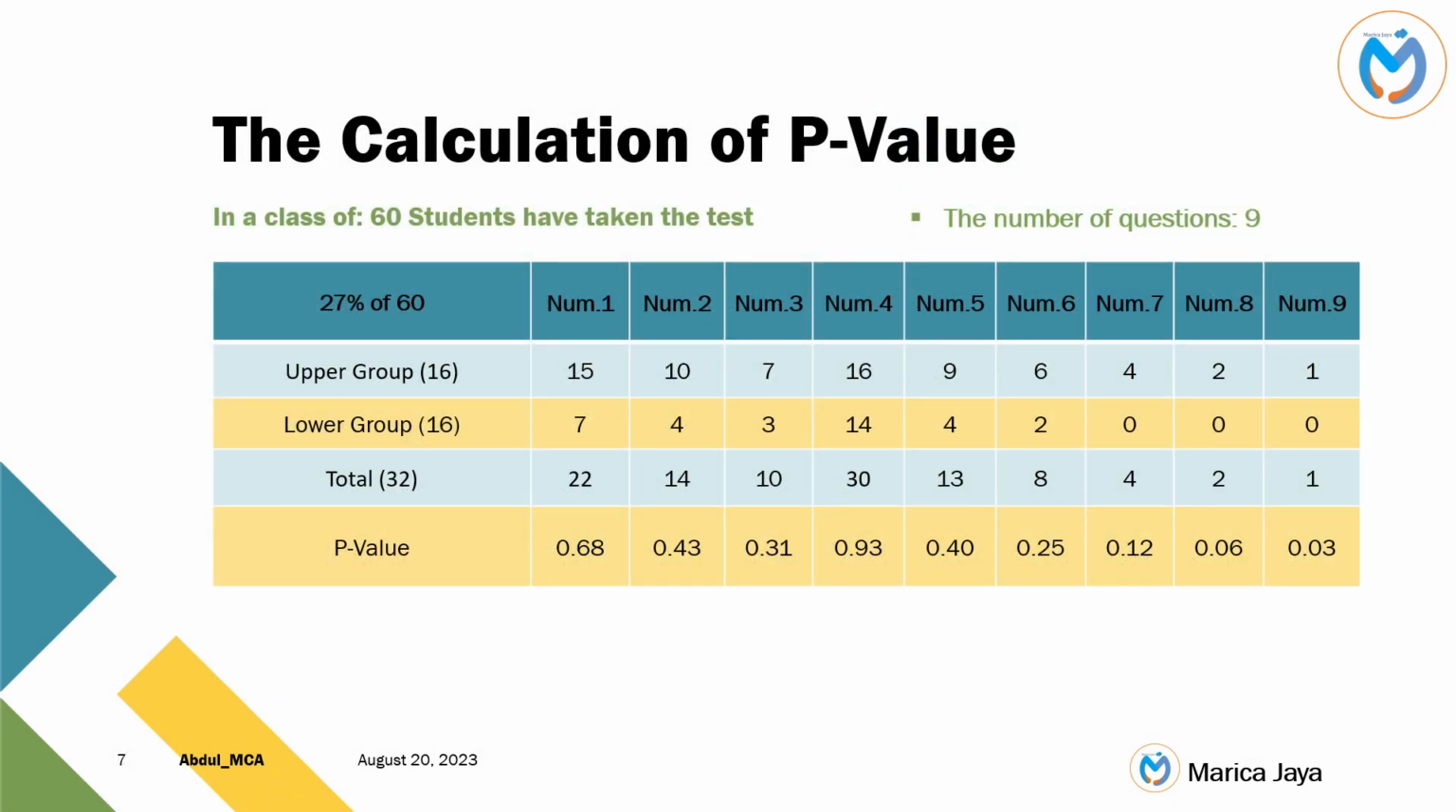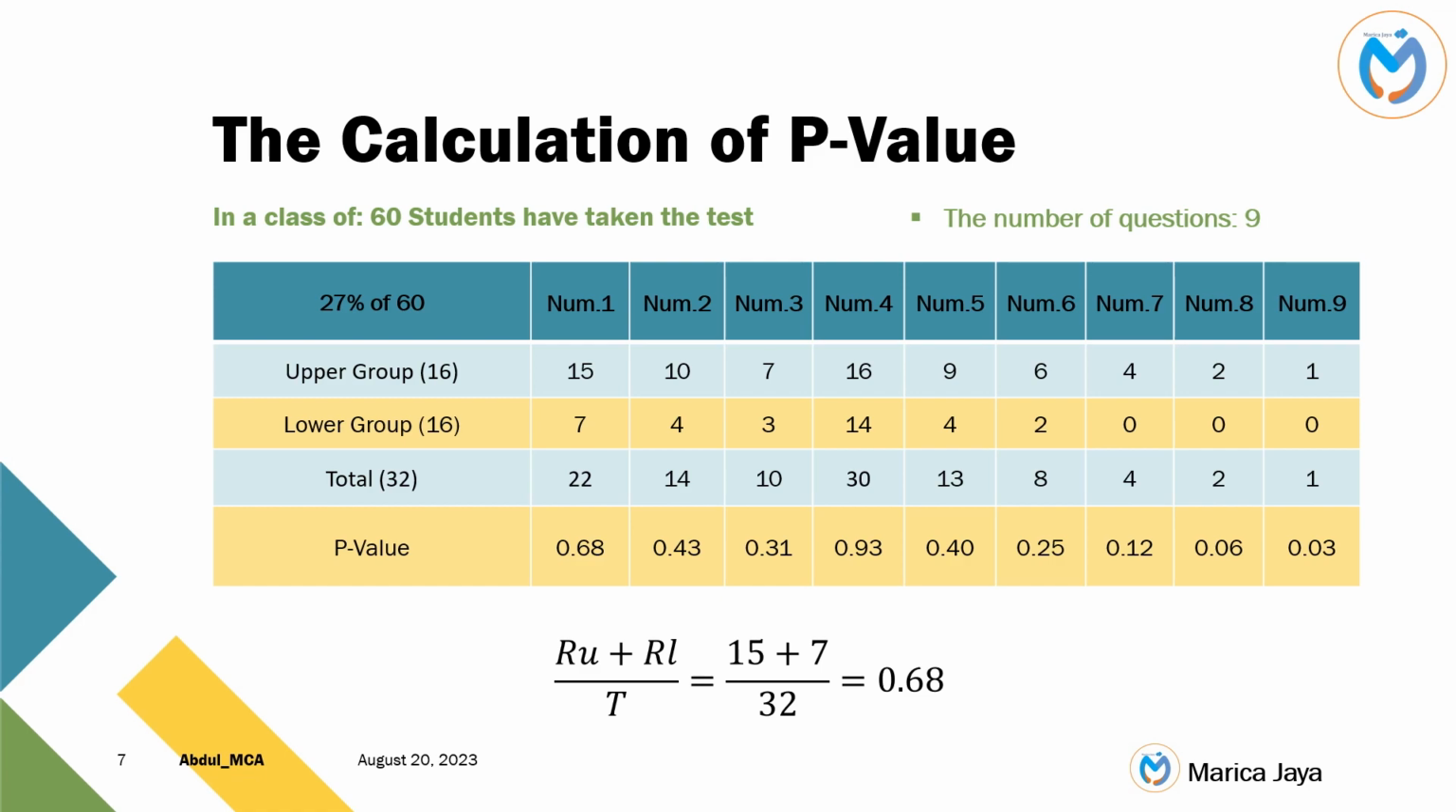The calculation of the p-value is shown in the following table. Suppose we have 60 students who have taken the test and the number of questions is 9. For item number 1, there are 15 students in the upper group who answered the item correctly and 7 students in the lower group got the item correctly. So the calculation will be Ru plus Rl divided by T, which is 15 plus 7 divided by 32, which will be equal to